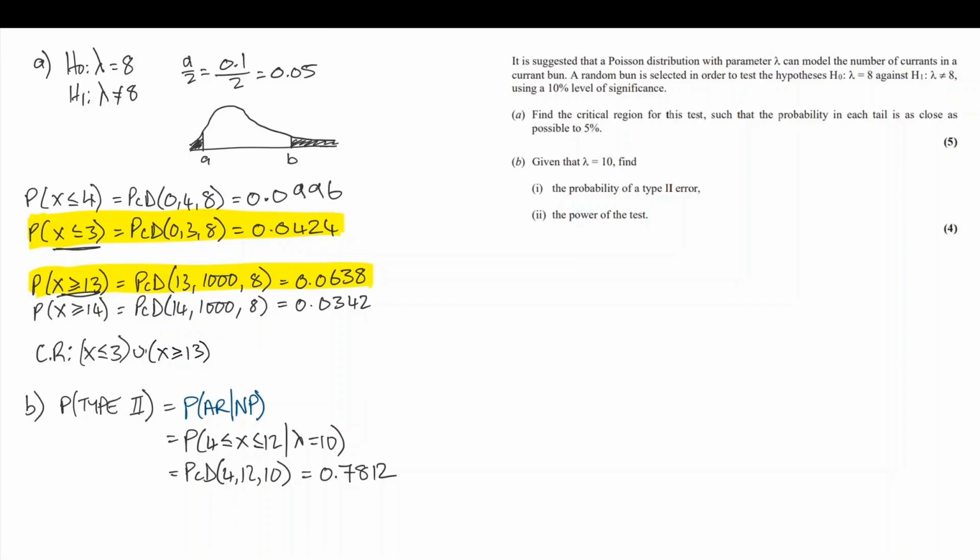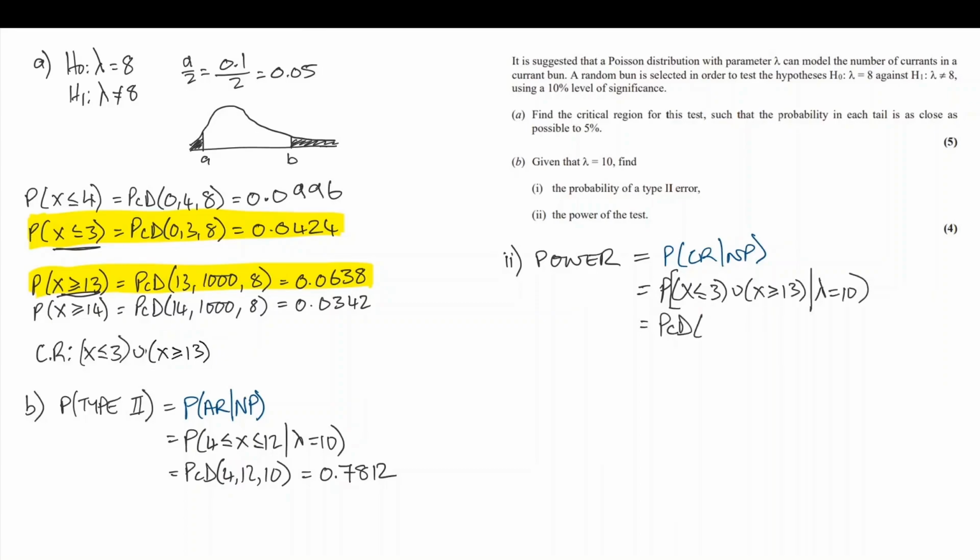We're also asked to find the power of the test. The power is the probability of finding the critical region using the new parameter. So this is the probability that x is less than or equal to 3, or x is greater than or equal to 13. Once again, using lambda equals 10. So two separate PCDs added together should be fine, and we get an answer of